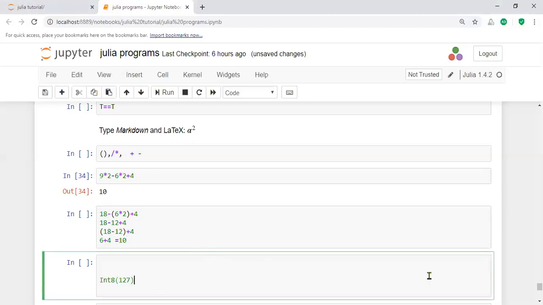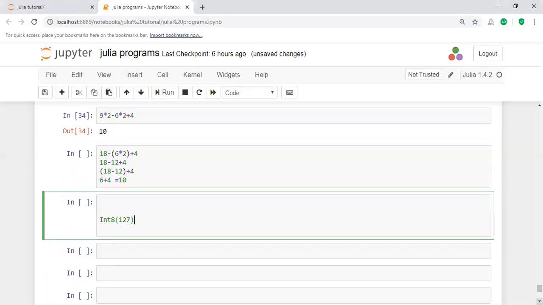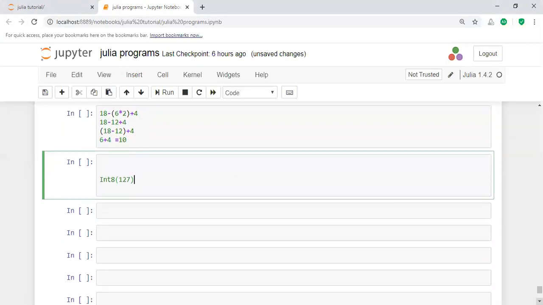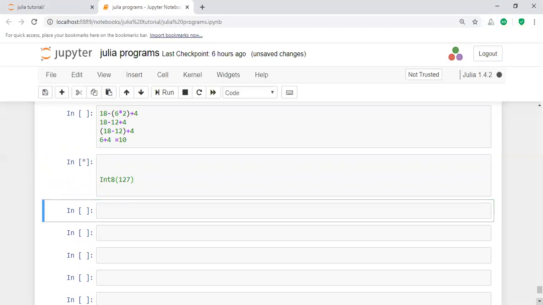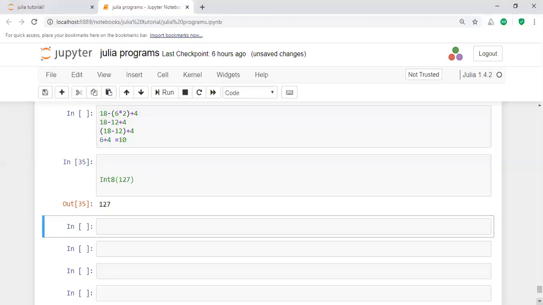For example, the integer length. What is the length of integer 8? It takes values from minus 128 to 127. That means 2 power 7 minus 1, 127. Here it produces results like this, the 127 value.